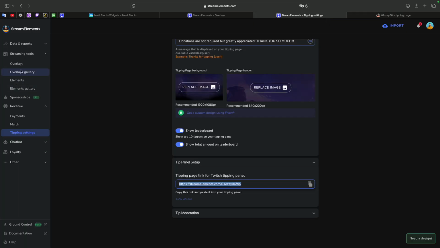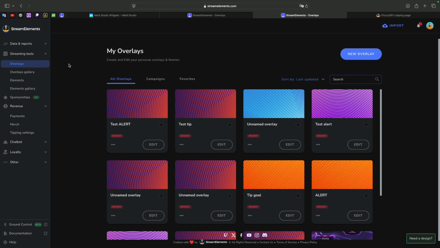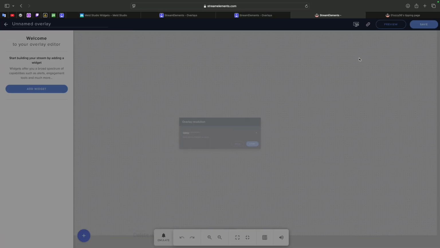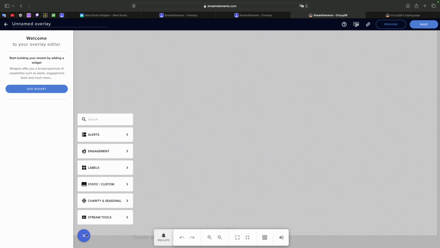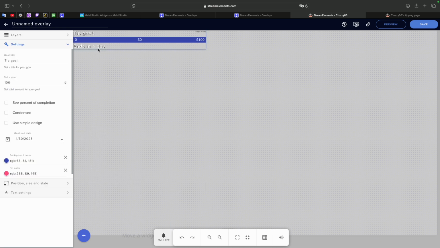Next step is to go back to overlays, add a new overlay. Let's keep it 1080p. This time we will add labels and tip goal. Okay, now we'll have a label with the tips. Here we can set a goal for $100. Let's say tip goal, it will be, I don't know, new headphones, whatever. For example,